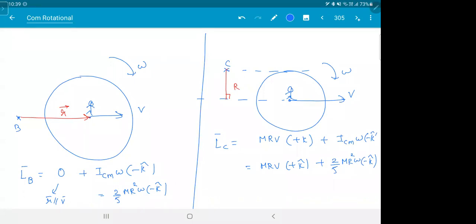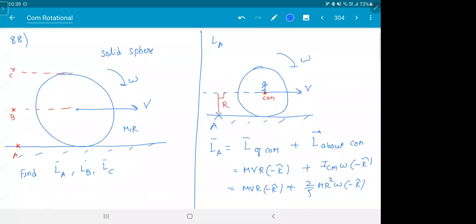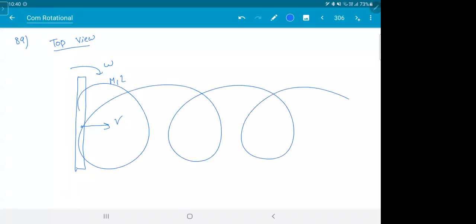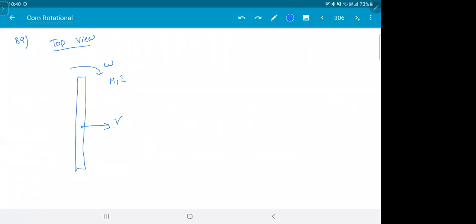Here, next one. I'll give you a similar one now. You guys try. Top view, you have a rod of mass M, length L. The rod is going with V and rotating with omega. You know how this is? It's like keep a pen on the table and hit it. So it'll roll and go. Are you able to visualize when you play the pen game? When you hit the pen, how does it go? Like that. So a rod is placed on a table.